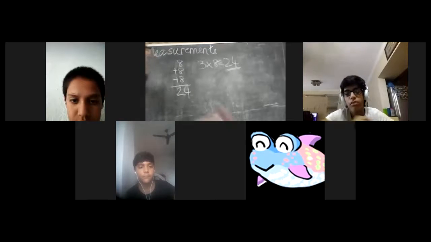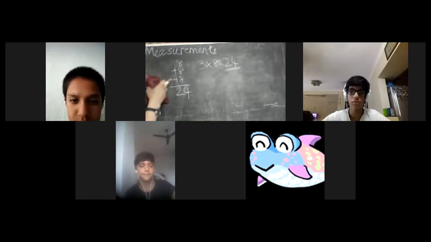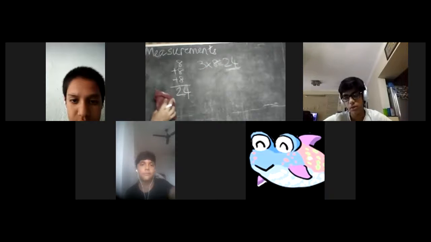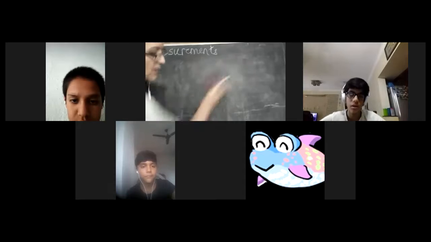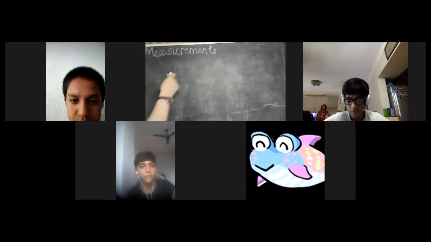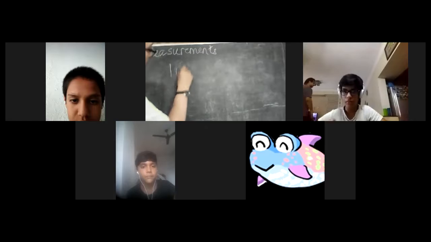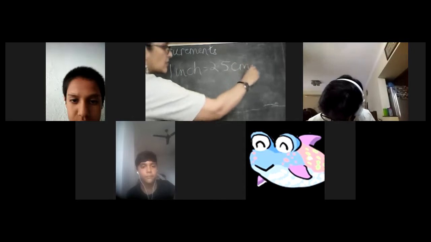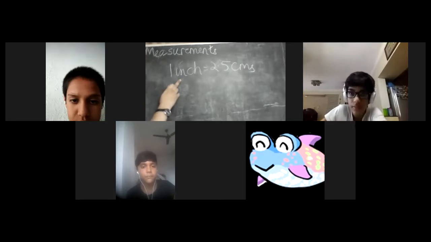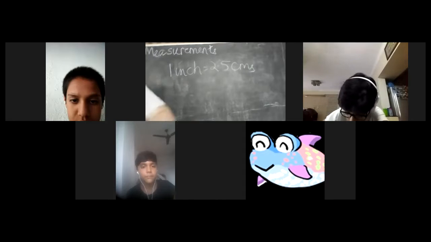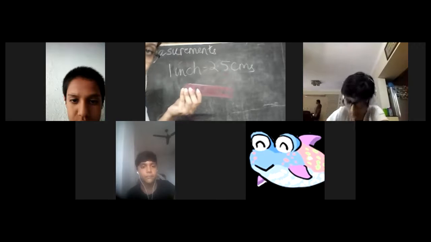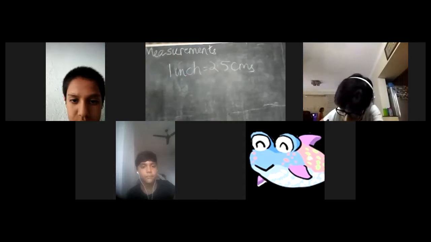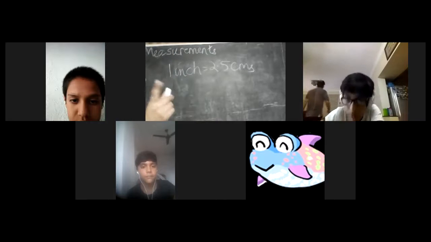Okay. Now you understand how many times of addition is equal to how many times of multiplication, right? Yes. Now I'm going to give you one sum and you're going to solve it at home. This is the sum. 1 inch is equal to 2.5 centimeters. Why? Because it measures that way on the scale. This is a fact.